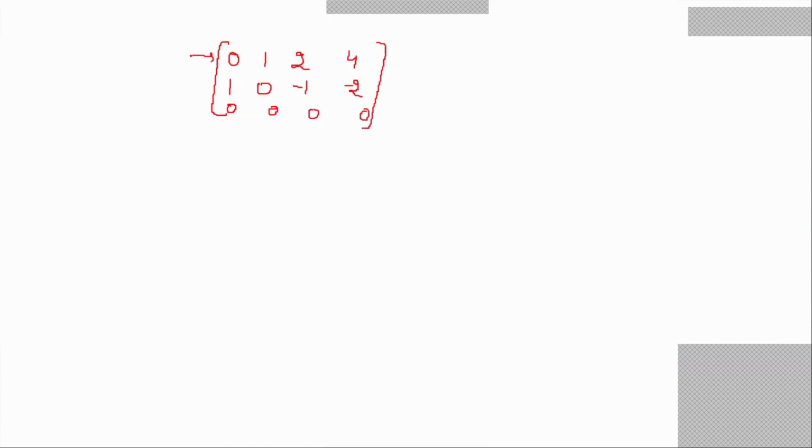First criteria, in a non-zero row, the first non-zero element should be equal to 1. So the first non-zero element is a 1 here. And below this, all should be 0. So below this, all are 0 here. Second row, first non-zero element is the 1 here, and below this it is a 0. Third row is a 0 row, and zero rows occur below the non-zero rows. So all three criteria are satisfied. Then the fourth criteria, is it in a row echelon form?